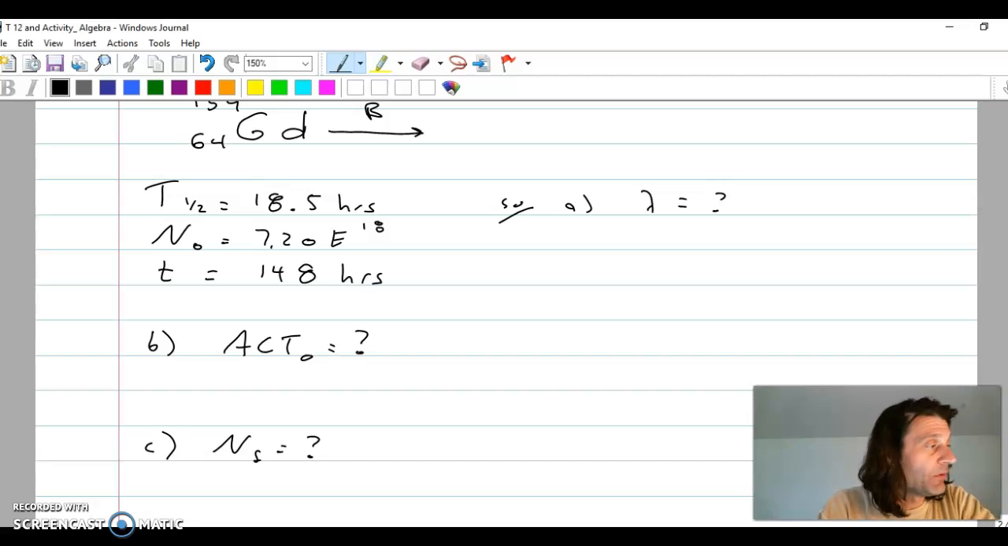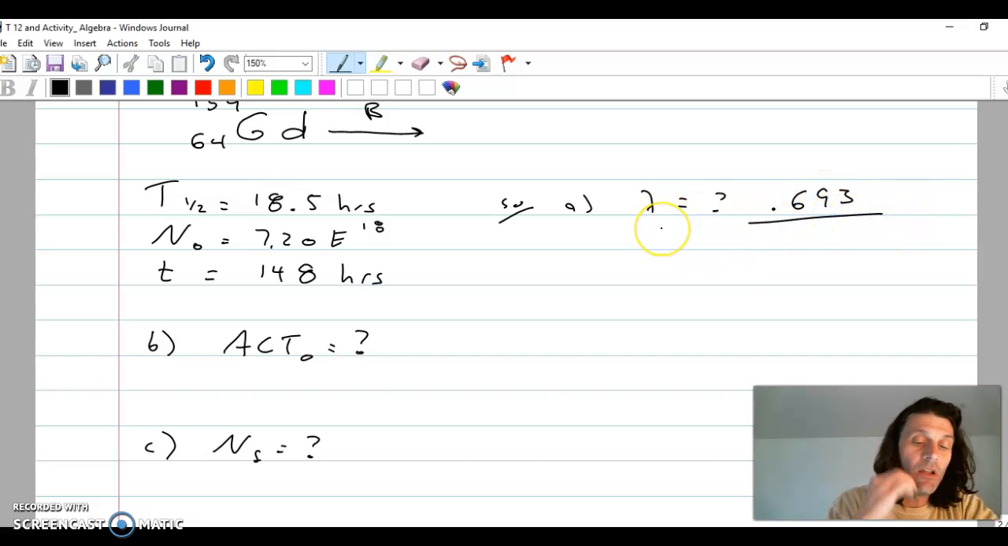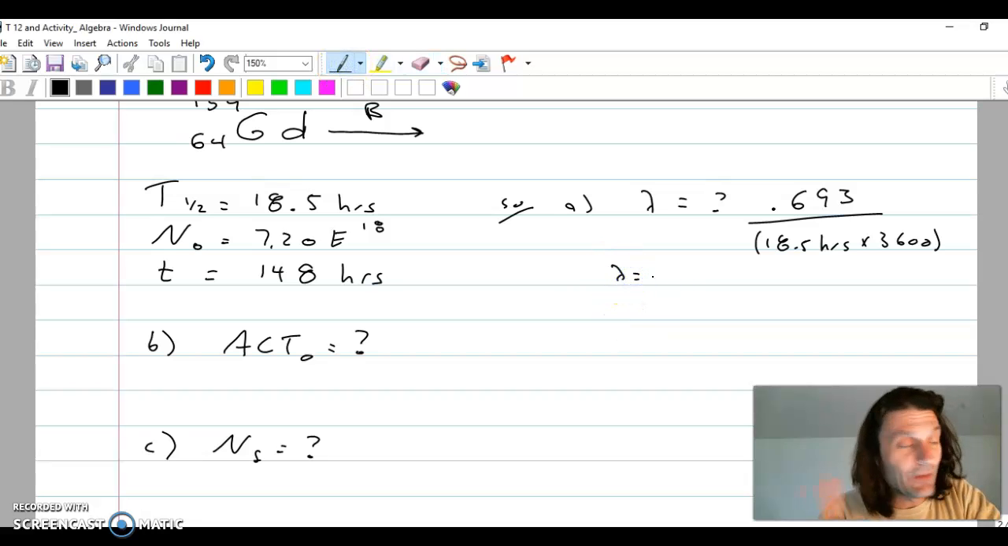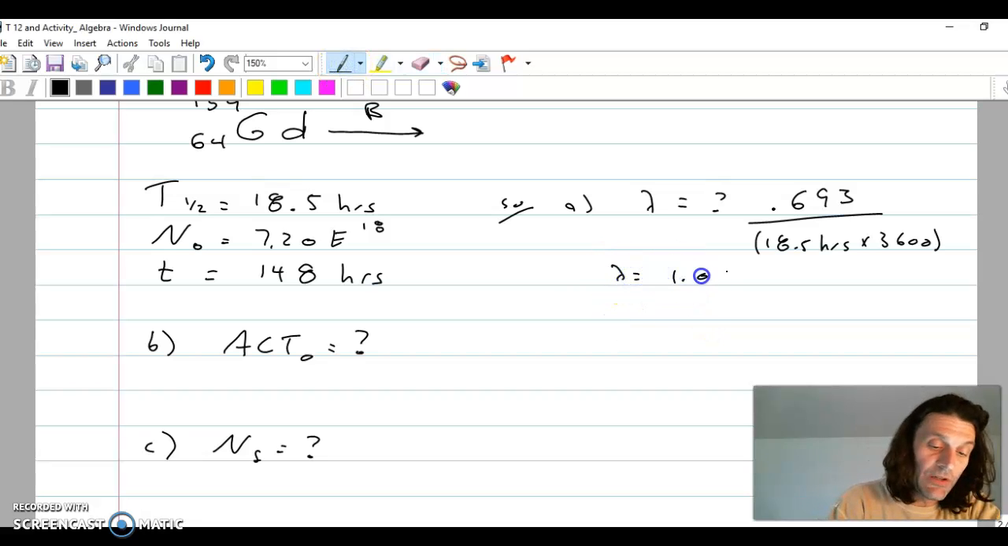The lambda, remember, what we will get for a lambda is 0.693 divided by the half-life in seconds. The half-life is 18.5 hours. Each of those hours has 3,600 seconds in them. All right, so our decay constant for this particular element, here, I'll write it up here a bit. The decay constant for this isotope is 1.04 times 10 to the negative fifth, and that's just per second,